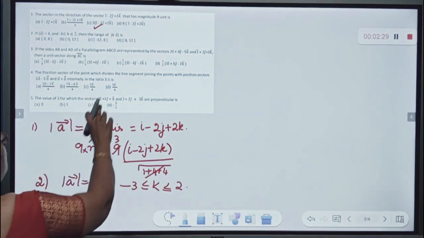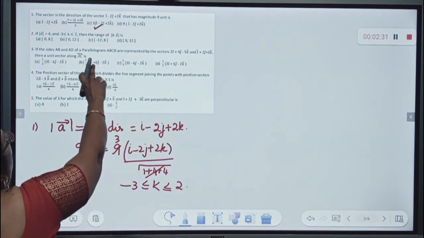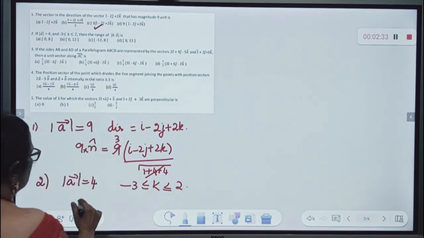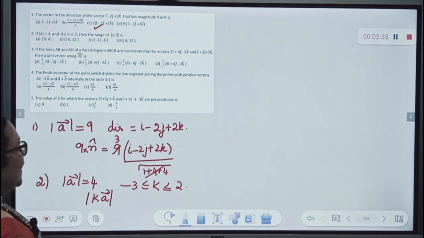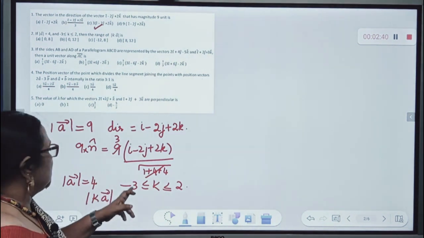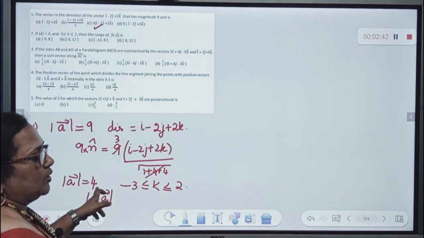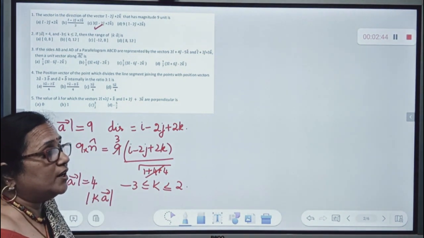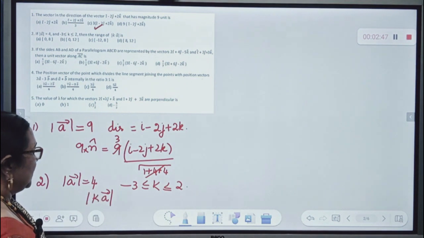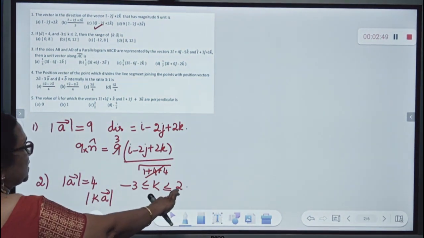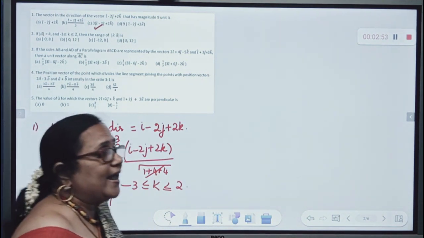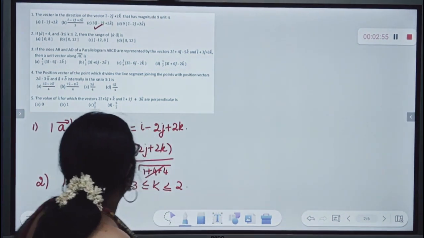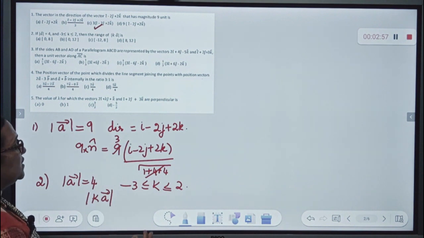So we want to find the range of values of the modulus of k times a vector. Now k times a vector, suppose k is minus 3. So you will get minus 12, but if you take the modulus, it will only be plus 12. When I take, for example, 2 into 4, I get only 8. Are you able to follow? So the maximum value is 12. The minimum value is 0.